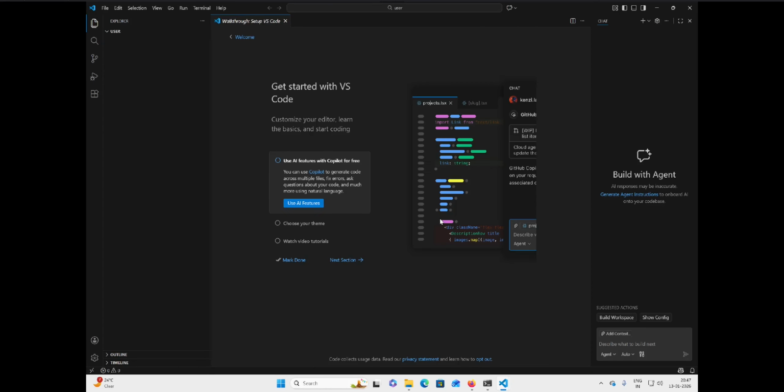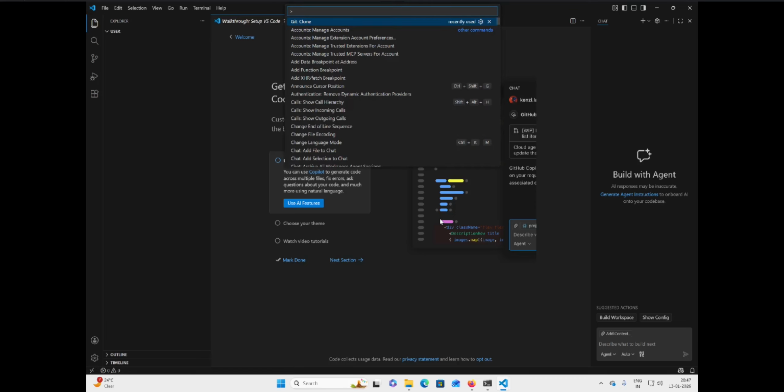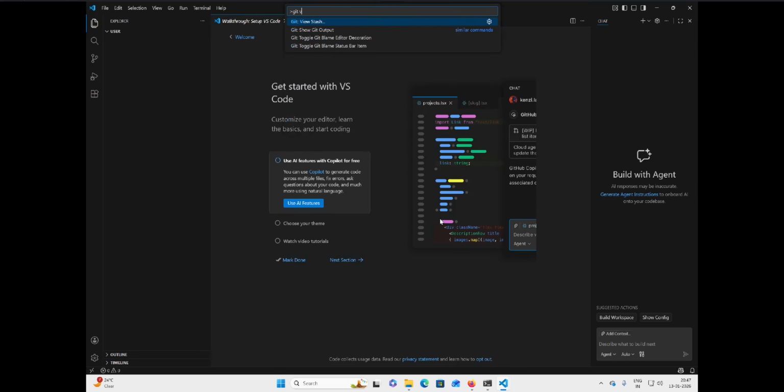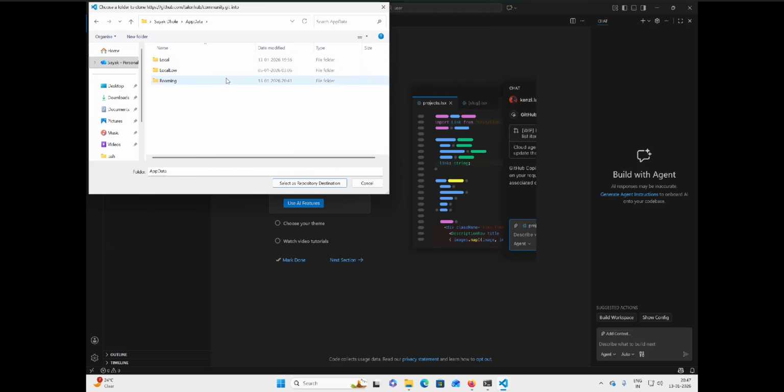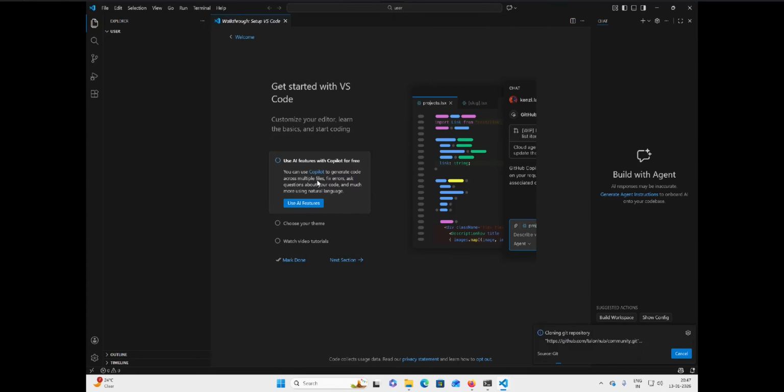Then I'm going to open the command drop down by pressing Ctrl Shift P and typing git clone, and then I'm going to enter git clone, and then I'm going to provide a repository URL by pasting, and then I'm going to open app data, roaming, Talon, and then select user as the repository destination,